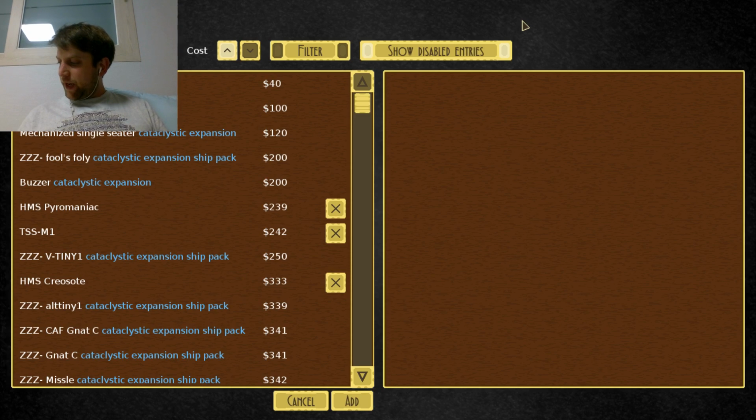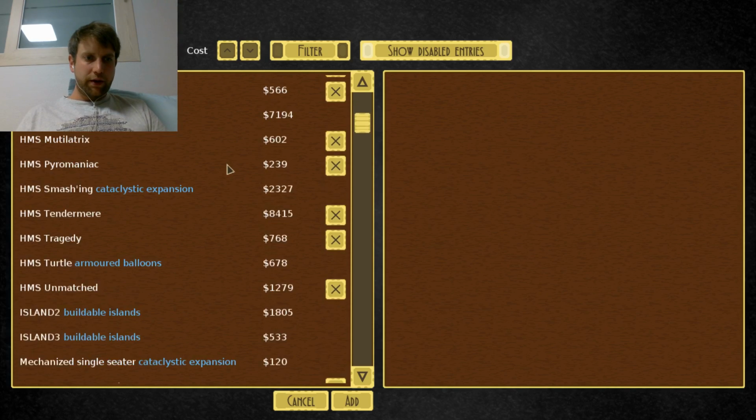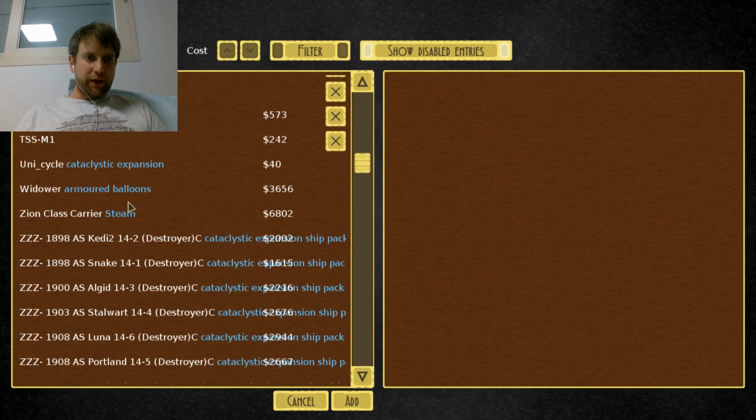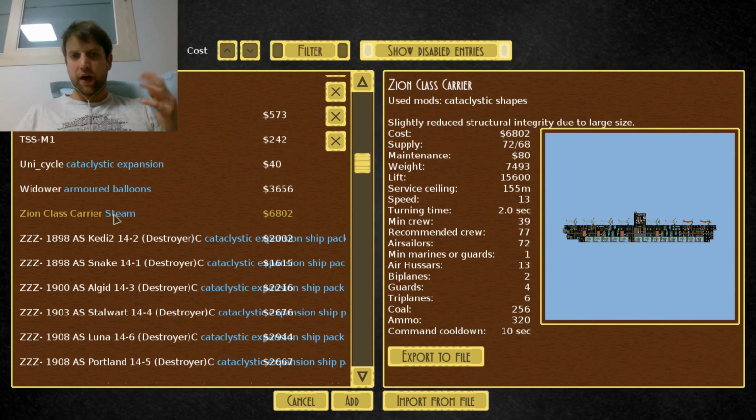Next we have aircraft carriers. Now we've got the Zion aircraft carrier first of all, which will be, let's do name. There we go. It's going to be down here a little way. So Zion class. This is the Zion class carrier. It's one of Dagio's. He didn't actually say if he had any mods on there, but it seems to work. So it's actually used Cataclystic shapes, as you can see here, which I didn't have a chance to check. But so at the minute we've got Dagio's Zion class